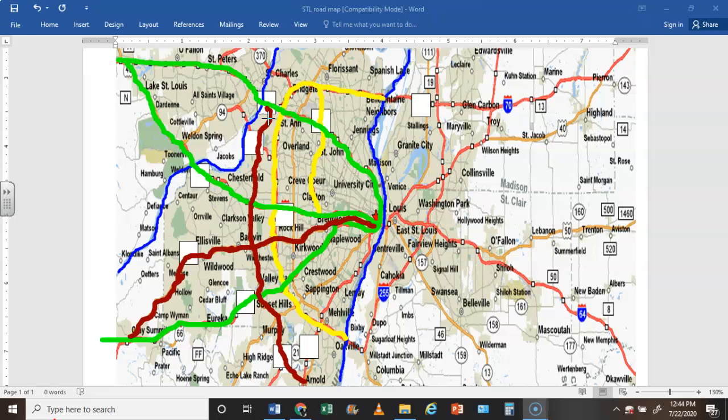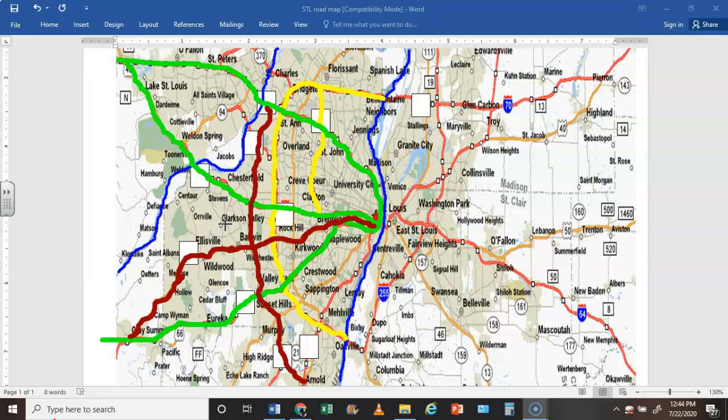So the last bit of knowledge that I'm going to want you to jot down is something that I hope you've noticed, and you will notice here in just a second. What do Highway 70, 40, 44, and 100 all have in common? They all run east-west. Any highway that ends in an even number must run east-west in the United States. So jot down in your notes that all even-numbered highways